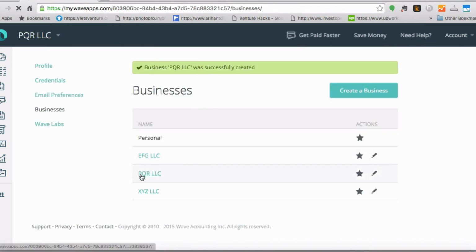So now you can see PQR LLC is created here. You can create as many business books as you want in the same account that you are having for Wave. Wave does not provide any restriction. Now if you want to edit anything, you can come to this and click on the pen to edit any details in your books.